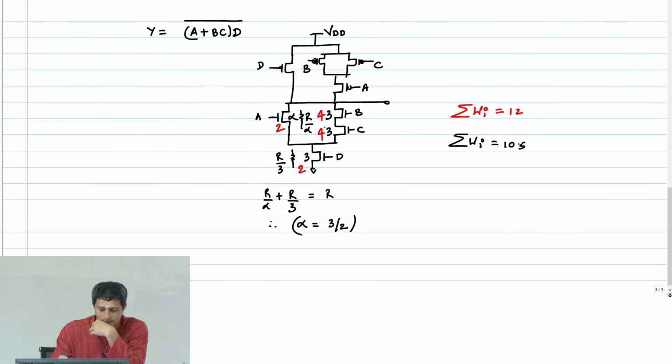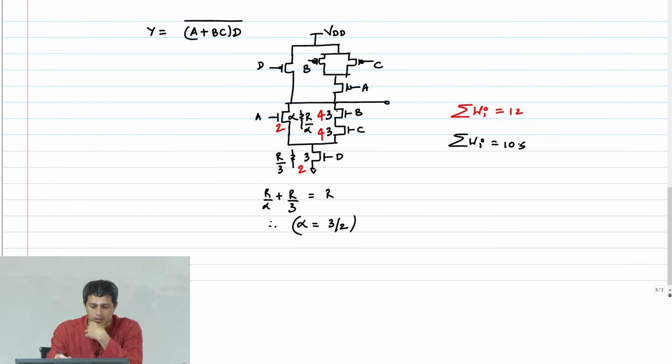In fact, this style of sizing where you size one transistor higher than the other deliberately is also allowed, but that will come in when you are doing skewed sizing. Essentially what's happening there is we are preferring one input over the other input. I'll come to that at a later point, but for now, pick the one that has least area. And no other configuration is going to be useful, right?